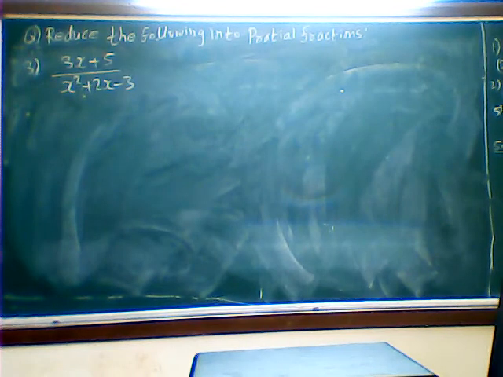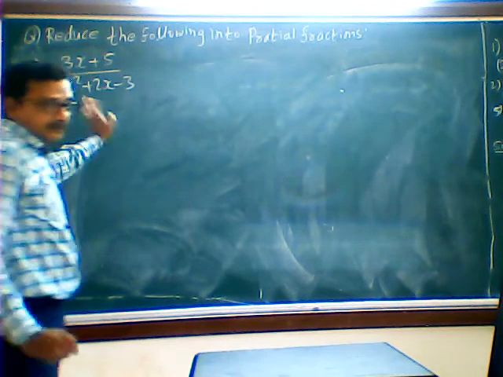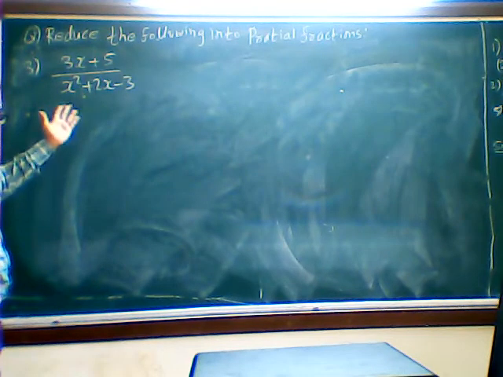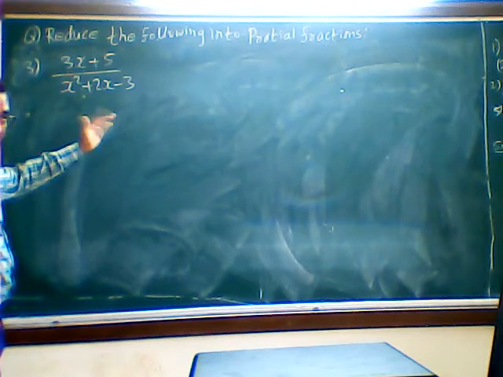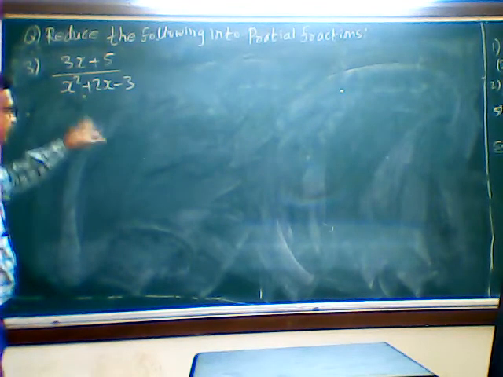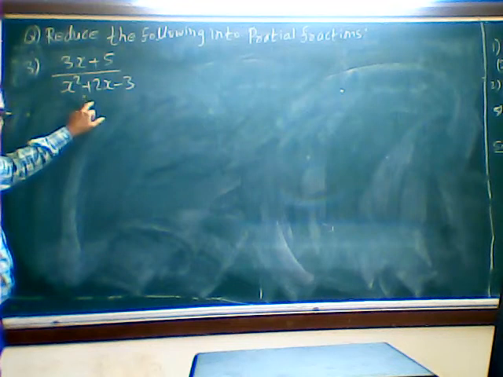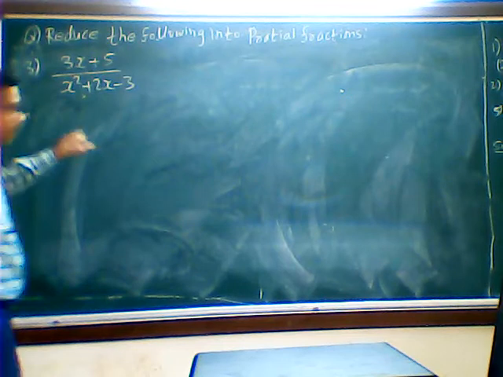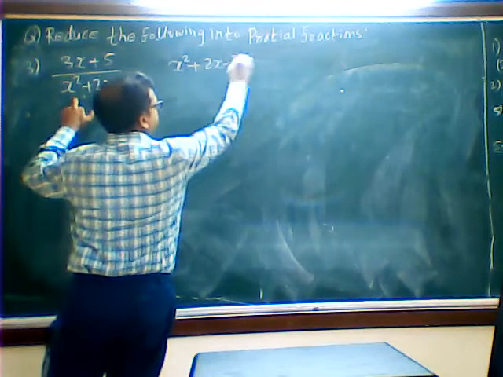Now this problem, it looks like your rule number 3, only one quadratic equation is given. This problem is a little bit different from the previous two problems. The previous two problems were one step forward, and directly we were resolving them. Now here we are one step backward. What we will do first is equate this denominator to 0 and get the factors. Then we will start the problem. So how to get the factors? x square plus 2x minus 3 is equal to 0.